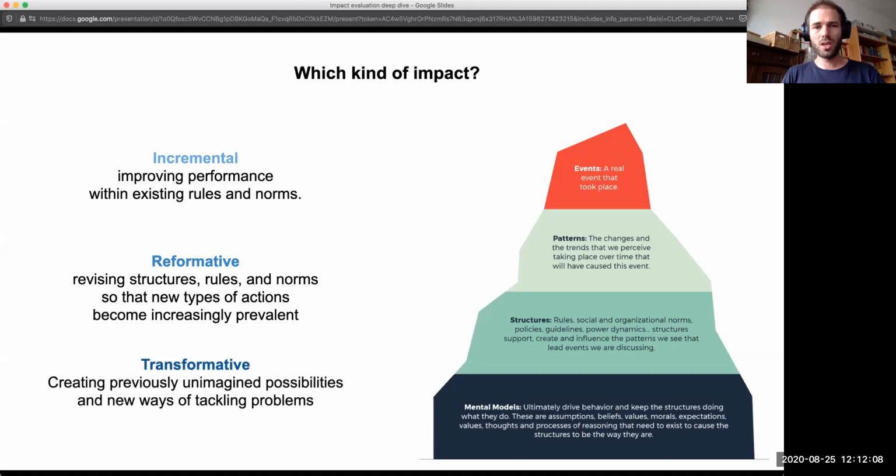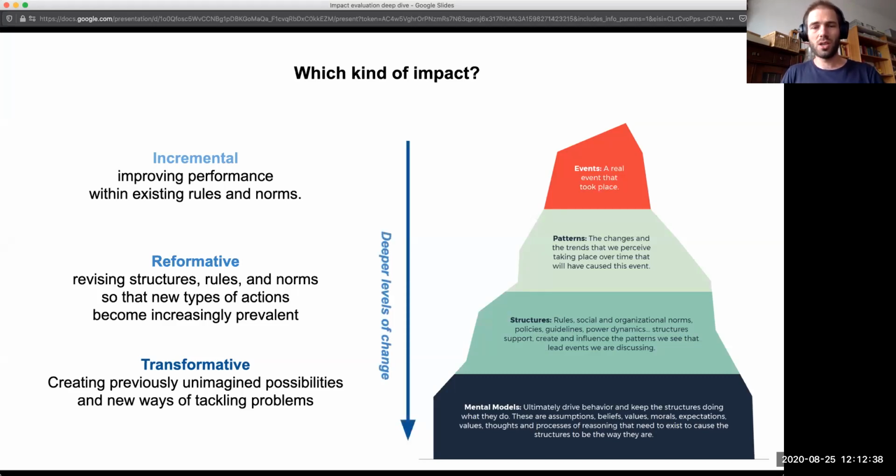Incremental change is more about improving performance within existing rules. Reformative change is revising some structures, maybe legal changes or incentives. But then the transformative piece is really about creating new unimagined possibilities, shaping your worldviews about what's possible. And that's usually the most difficult and most long-term change.